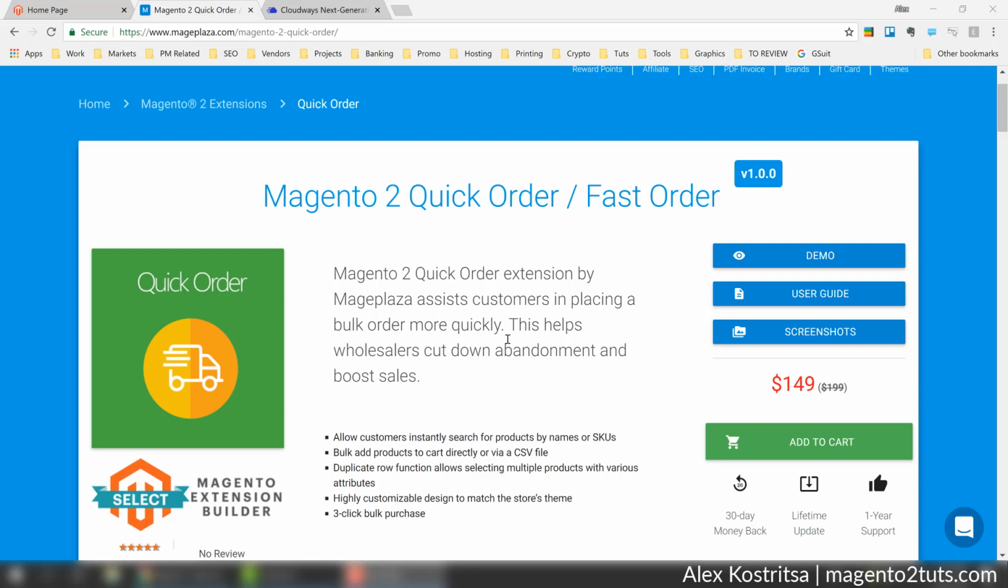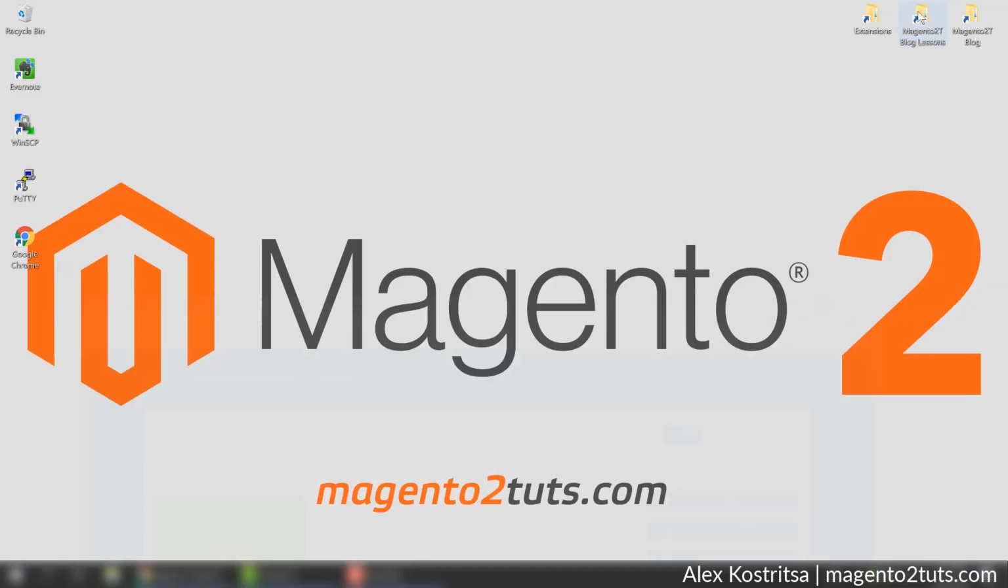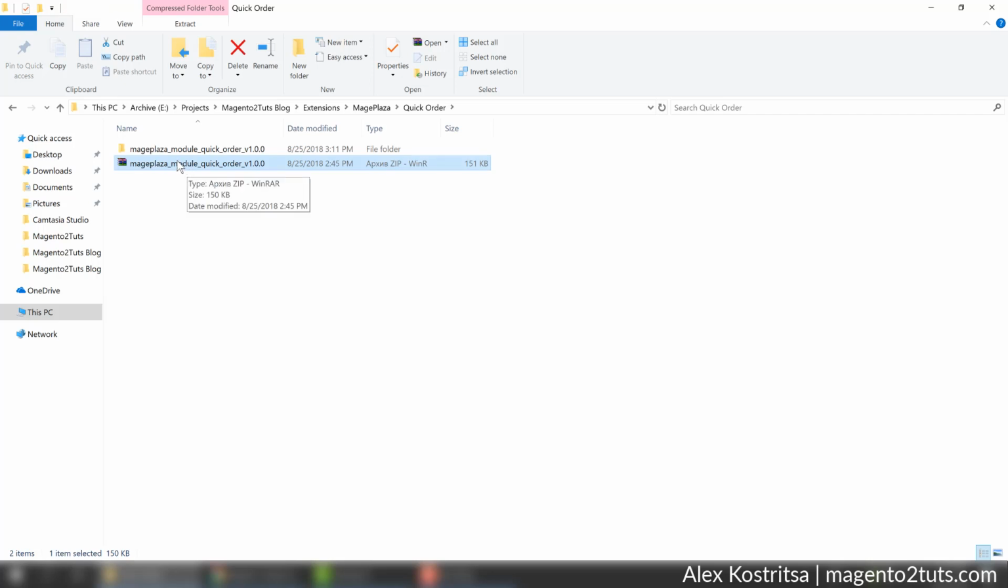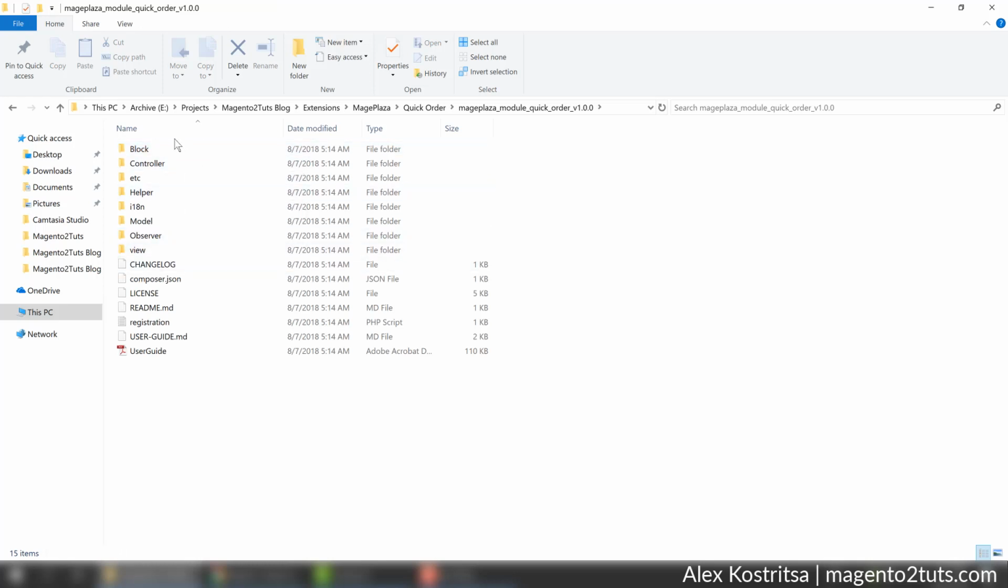So let's start. Of course, the first thing that you will need to do is to obtain the extension and download it. I already have the file downloaded. Let me show it to you. By default it comes in a zip file, and you will need to unzip it, and once it's done you will see the folder with a number of files. So what we are going to do, we're going to open the user guide,